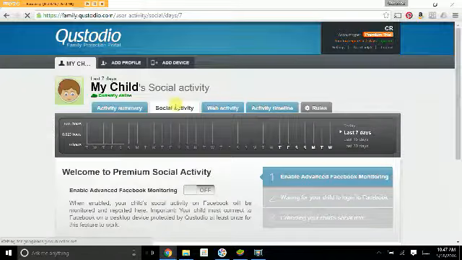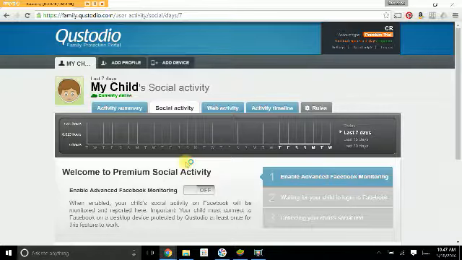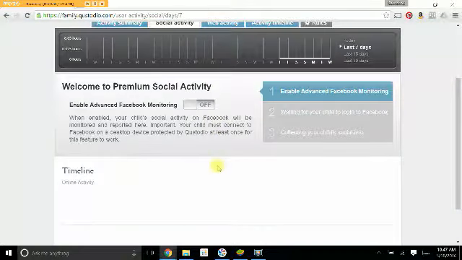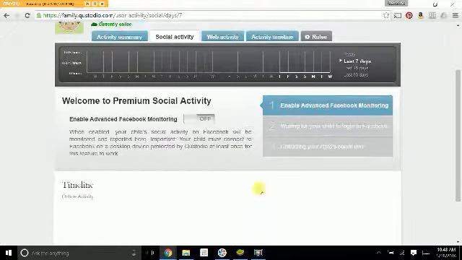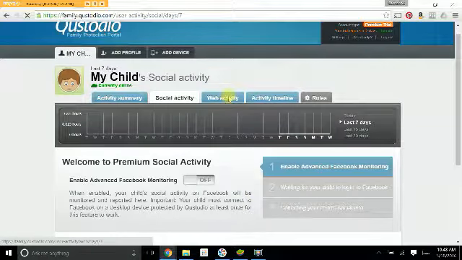With social activity, like I said, this is something specific to having a premium account. So after the 3 days, you will have to pay for this. And this is a personal preference, but this will allow you to link to a Facebook account. So if your child has a Facebook account, you can actually see the activities that they're doing on their Facebook account. If you go to web activity,